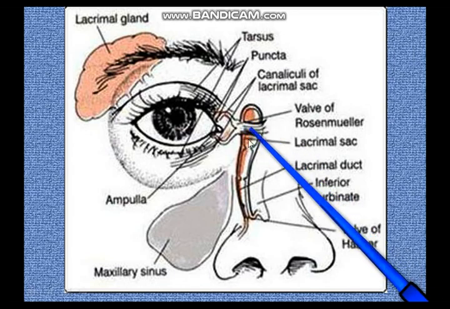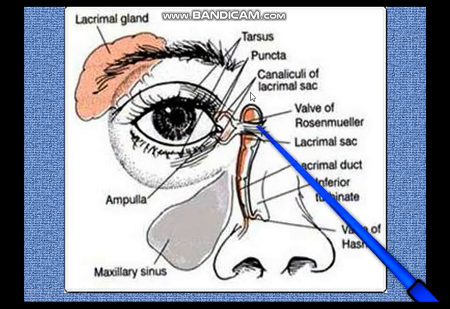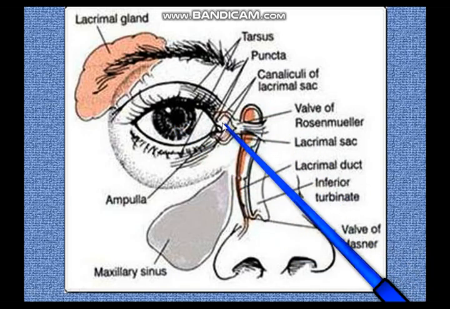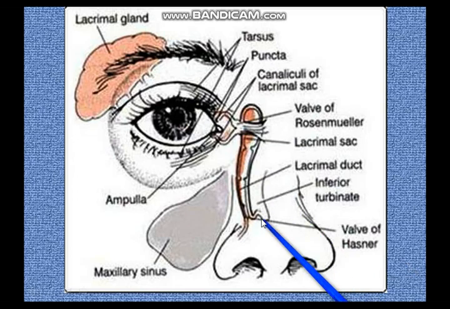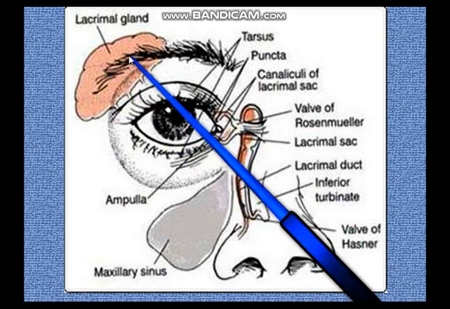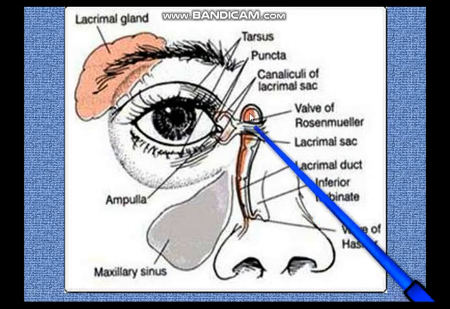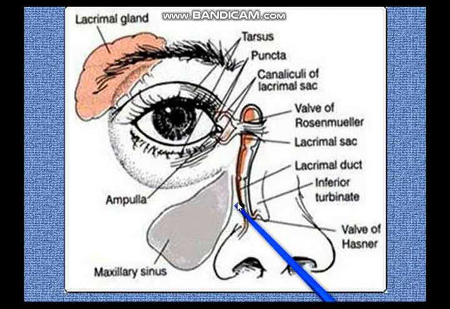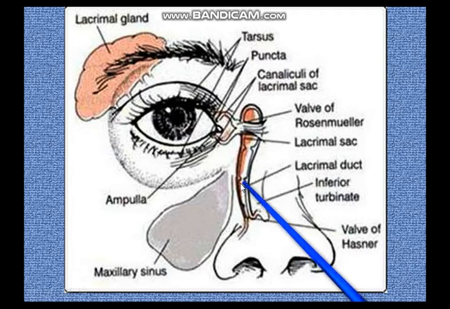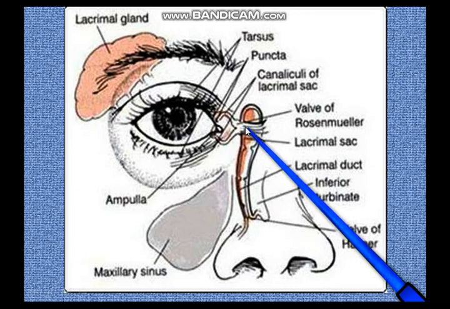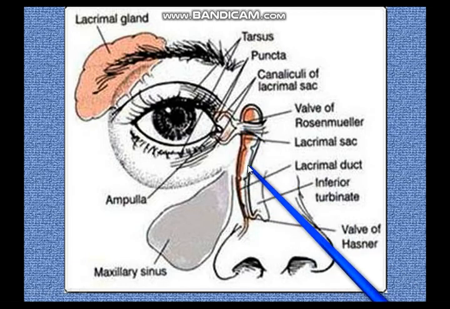You can have infection of the lacrimal sac where it is converted into a bag of pus. In such cases, apart from antibiotics, you have to manually express the secretions of the lacrimal sac by massaging this region so that some of this purulent secretion is expelled through the conjunctival fornix, and some of it is expelled down into the nose along with a stiff dose of antibiotics, of course. So dacryocystitis, dacryoadenitis is very important. This drainage of the lacrimal sac sometimes may be hampered, and in that case you have an operation called dacryocystorhinostomy. That is increasing the area of opening of the nasolacrimal duct. We won't go into that anyway.